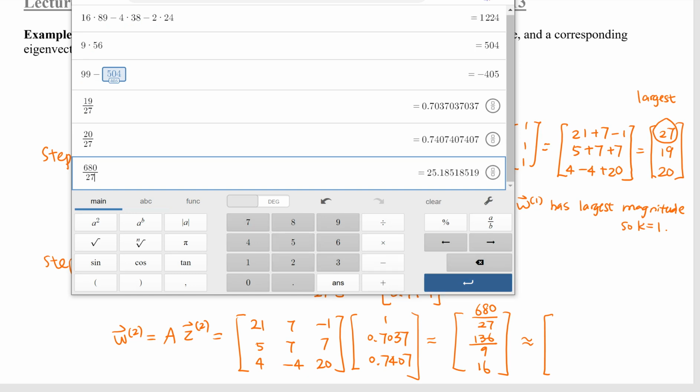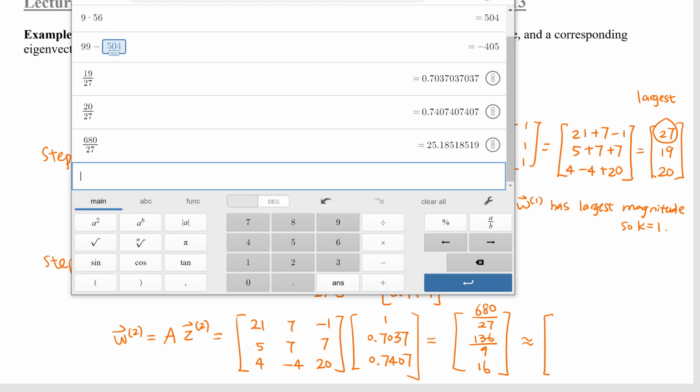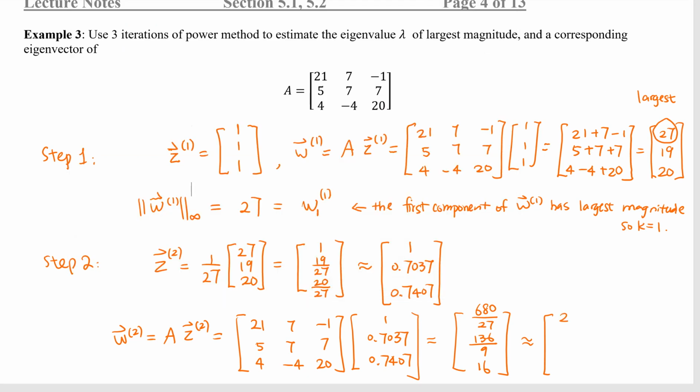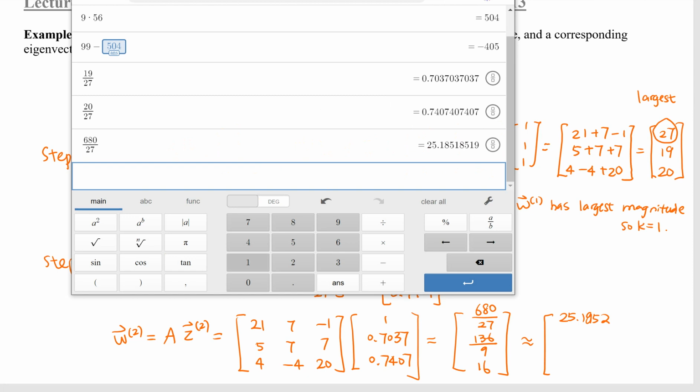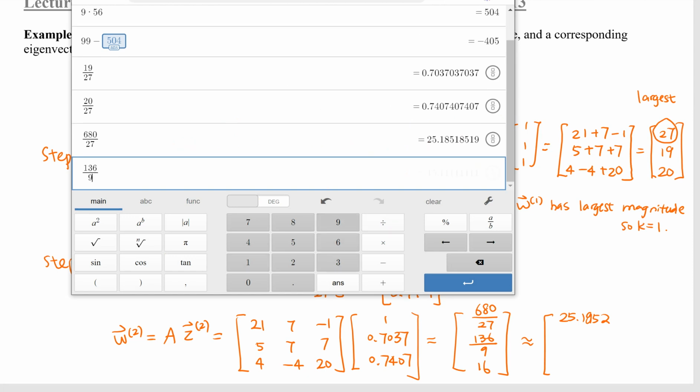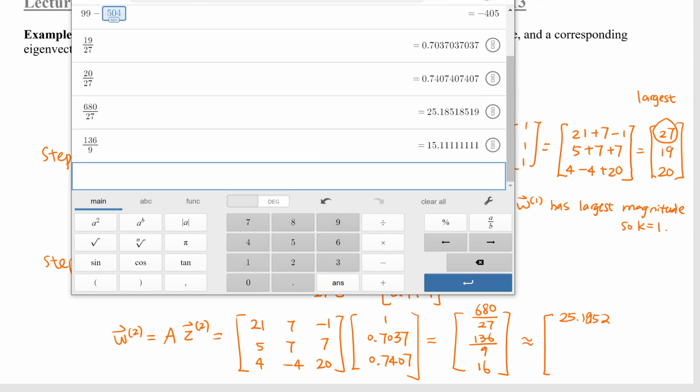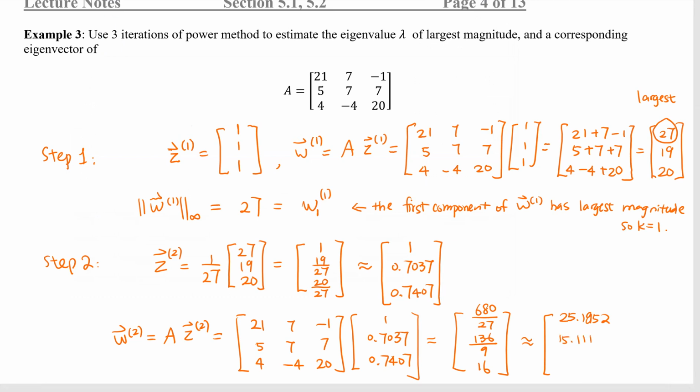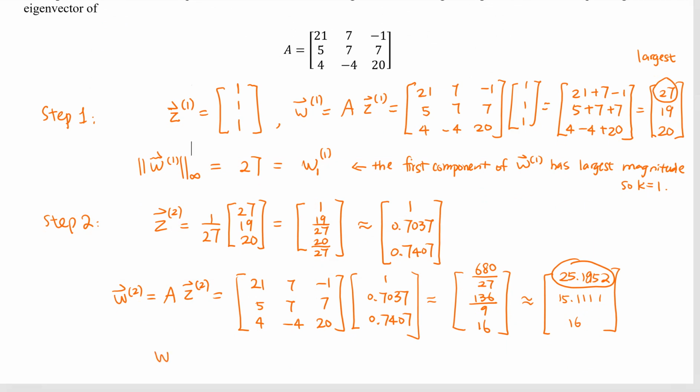27. 25.1852. And 136 over 9, 15.1111. And this is 16. Which one is the largest? Oh, of course, the first one. Right? So in this case, W2 our infinity norm equals 25